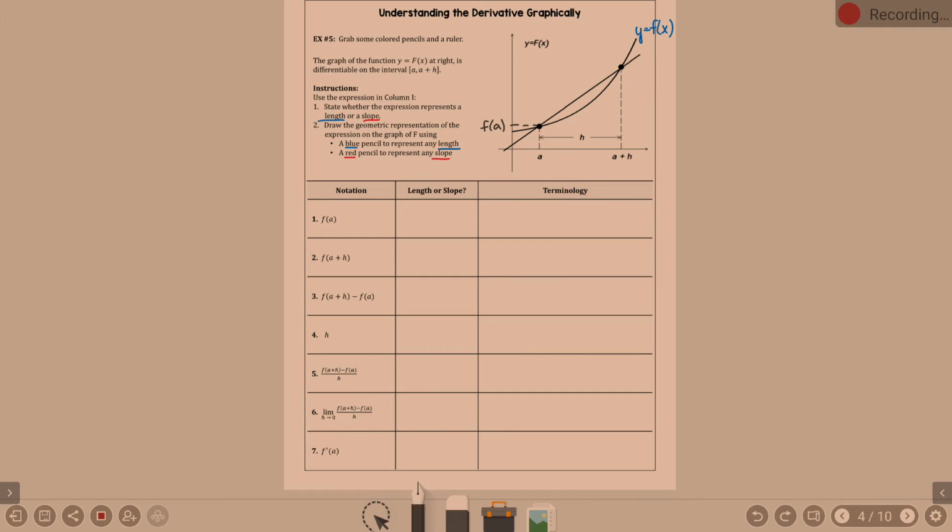Does that make sense? Yeah. So because if A is the X value, F of A is what you get when you plug into the equation. That's your Y value. So is this a length or a slope? This is a length